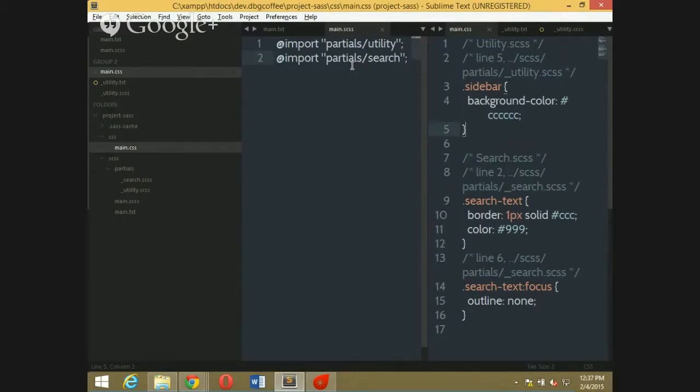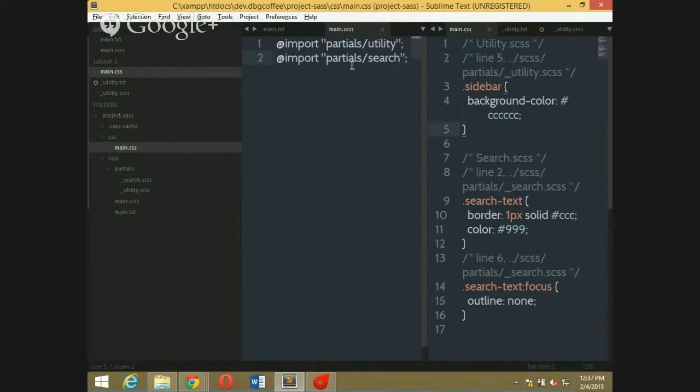Actually, in CSS, what @import will do is it will import a CSS file. It will be considered as a different HTTP request. So we never use @import. But in SCSS, when we use @import and we specify the path to the partial file, we never use the underscore. Here I have the underscore utility underscore.